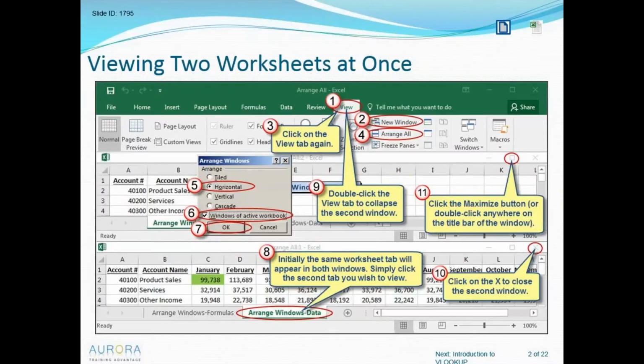So many of us are using multiple monitors these days, and in Excel 2013, we're going to be able to do step 1 and step 2, and then take that new window and position it on an adjacent monitor, and then we'll be able to see two different worksheets at the same time.